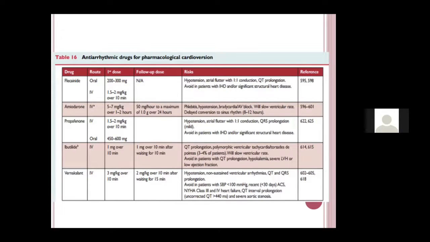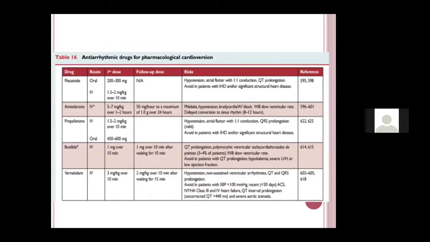Whereas all other drugs like flecainide, propafenone, ibutilide, these drugs can be given only in patients who do not have structural heart disease. So we say that even left ventricular hypertrophy more than 15 millimeter is a structural heart disease, and in that group you should give amiodarone only. So this one thing you should remember before we go to the further slides.